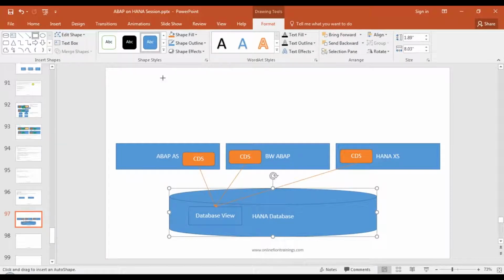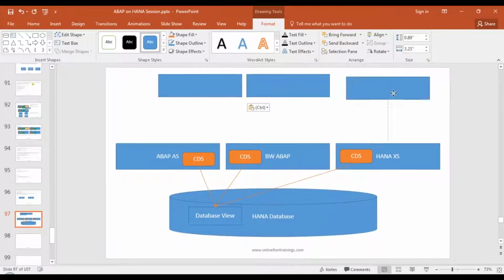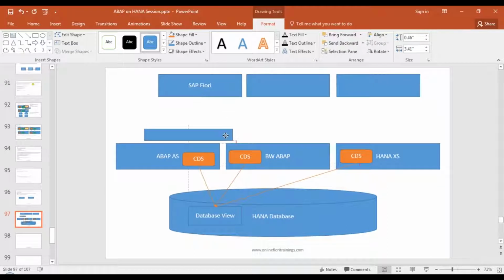And then you have consumers. The beauty is CDS has been widely adopted and there are a lot of different consumers which can consume the CDS view directly. One example is SAP Fiori. There is a capability in SAP Fiori to consume the CDS view directly. I will show you in upcoming days how to build a Fiori application which can talk to the CDS view directly by creating an OData service. So you will have an OData layer in the middle, created in your application layer using CDS, and that will talk to the Fiori app directly. Fiori app talks to OData, OData talks to CDS, and CDS talks to the database view in the database.